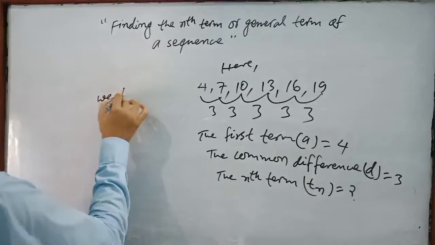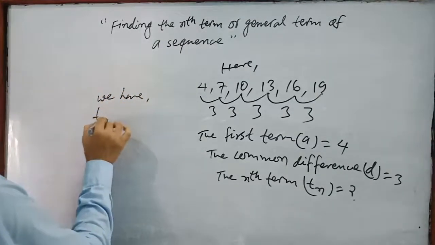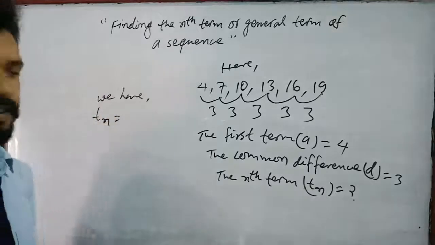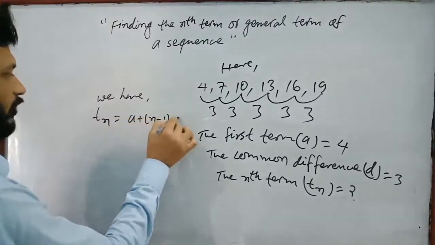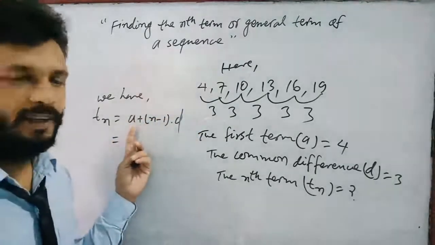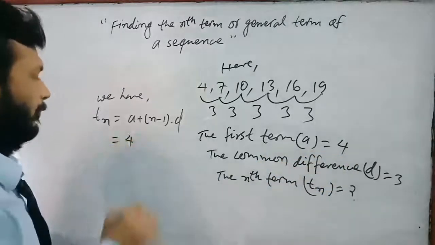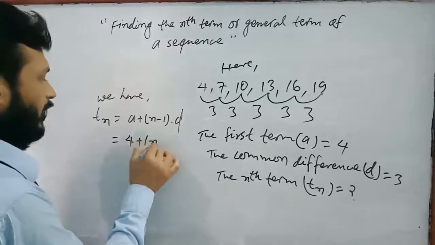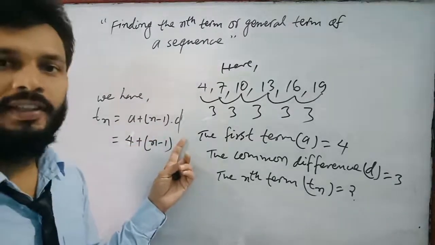Okay, so by using the formula we have Tn equal to A plus n minus 1 into D. Then what is the value of A? A means first term, so the first term is 4, then write here 4 plus n minus 1 times, here put the